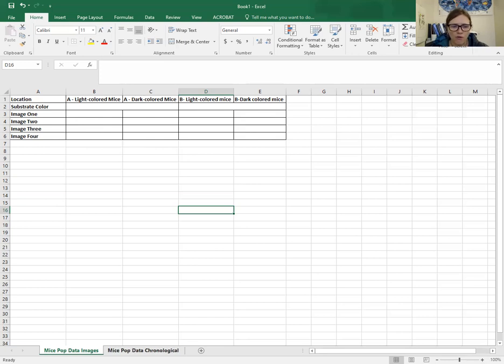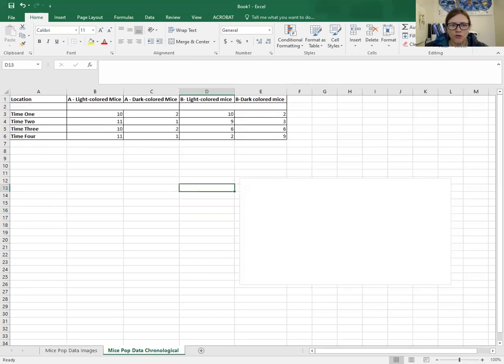Then you're going to move over to tab or sheet 2, and you're going to re-enter or copy and paste the data into chronological order. Okay, so I have done that here. I've looked at the images, I've taken this data, I've recorded the population data, and I've put it in the order that I think is